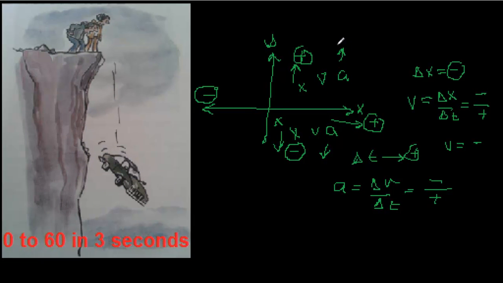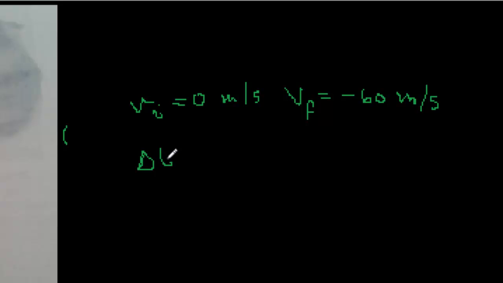If you look at the cartoon here, it has a claim on the bottom, 0 to 60. I'm going to assume that 60 is meters. 0 to 60 in 3 seconds. It doesn't look much like a problem in physics, but you'll be surprised. It seems to have given more information than you think. 0 to 60 means that the initial velocity is 0 meters per second. The final velocity is negative 60 meters per second, since it's traveling downwards, and the change in time, delta t, is 3,